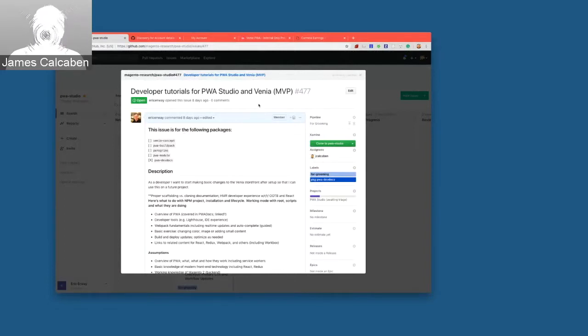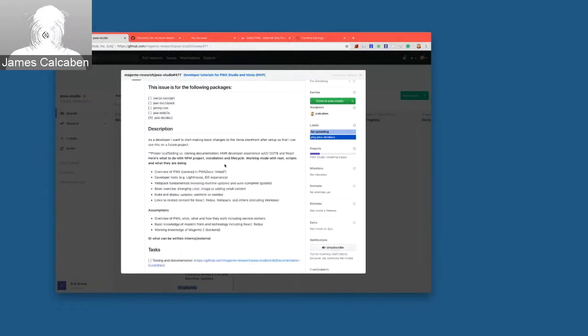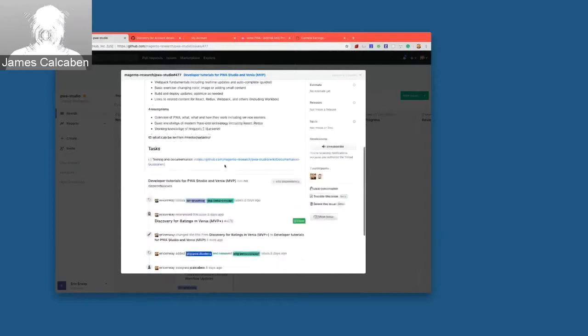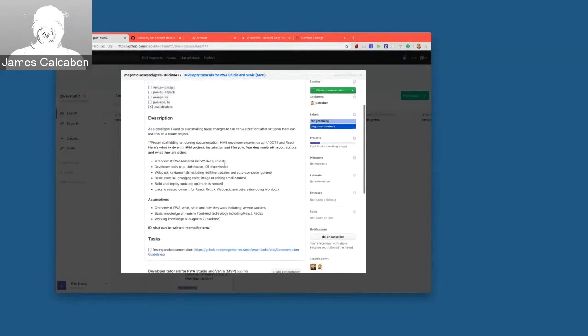I think we talked about this last week: what's the simplest thing we can have people make? The usual is a hello world kind of project, and I think the simplest thing we could ask them to do is a hello world React component, something that will print out hello world as its function. The second step would be to actually integrate that into Venya somehow. Put that somewhere in Venya, and